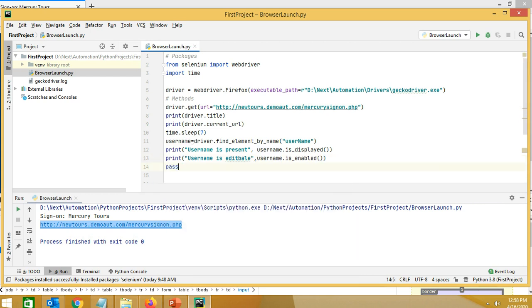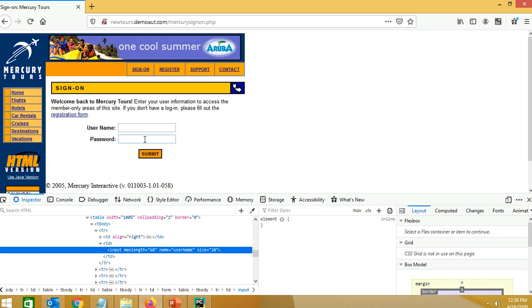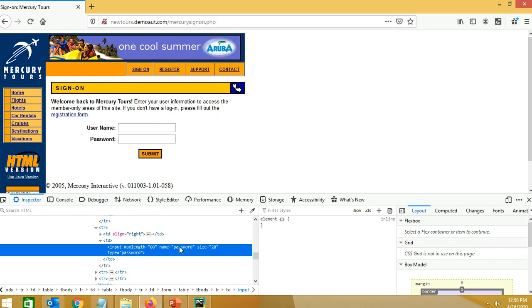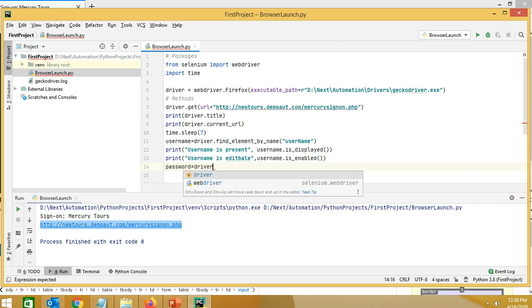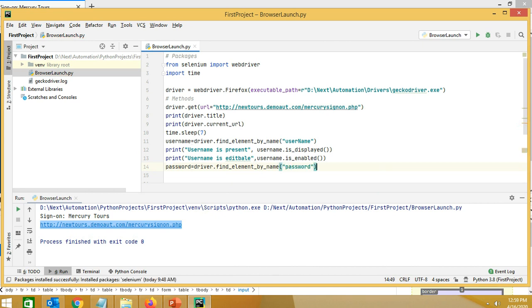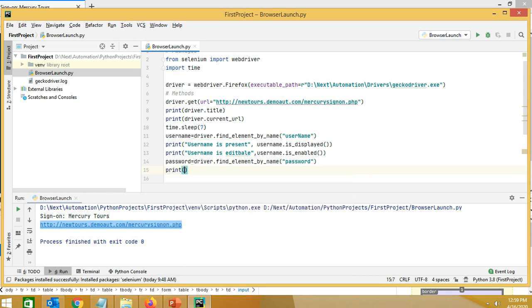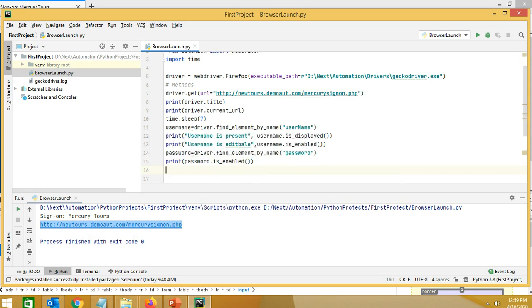Similarly, if we have to check this for the password field, go to the password field, inspect, check the name which is password, take this out and use the method driver.find_element_by_name, enter password, print password.is_enabled, and let's copy and paste this, is_displayed.